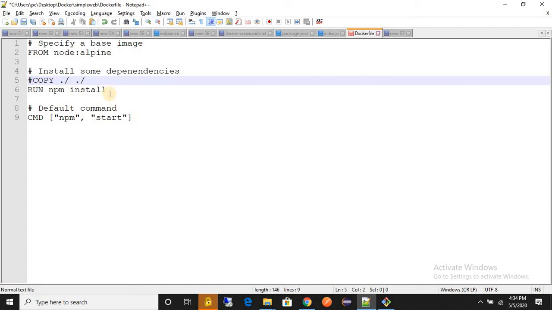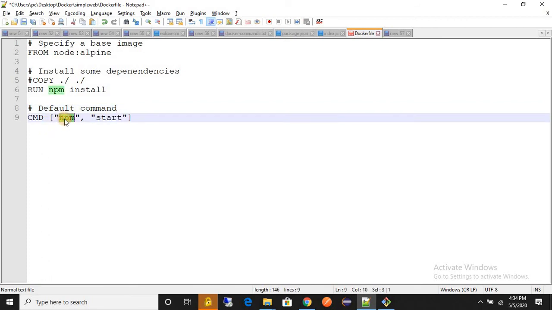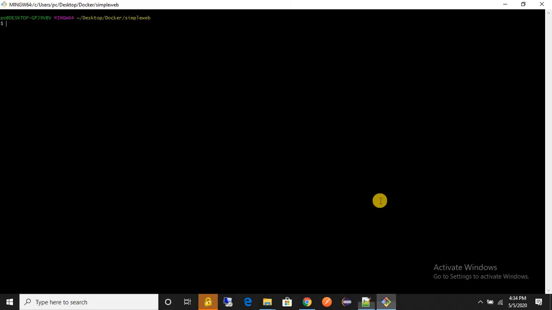I will let you know what this line means once we get the error. Now this line installs some dependencies. I want to install npm, so I have provided RUN npm install. Now this is my default command that I want to start the npm, right? Just hit control, save this file and come to the terminal.